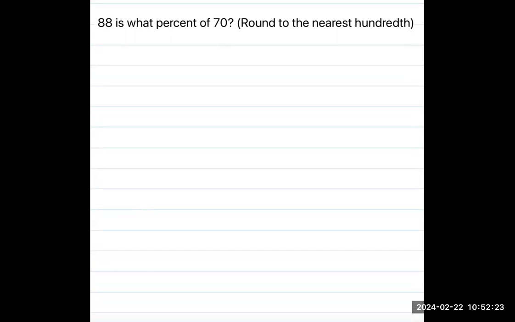Here we have: 88 is what percent of 70. Method number one for this is just to say a percent is a part over a whole, and the part is the 88, and the whole is the 70. Now, the reason for that is because the 88 is a percent. So even though it's the bigger number, it's the part because a percent is a part of something. And so putting that into the calculator, 88 over 70